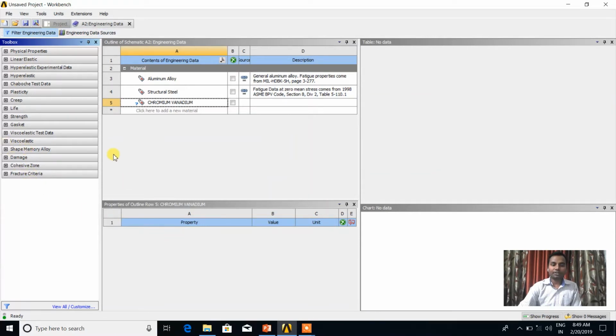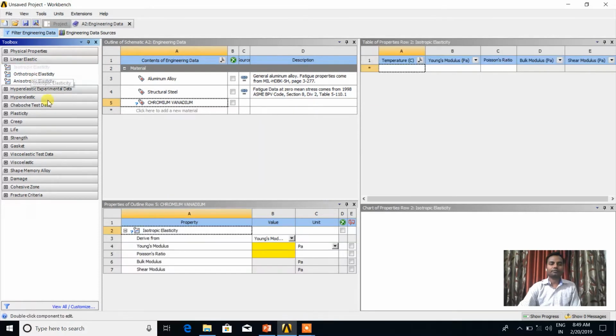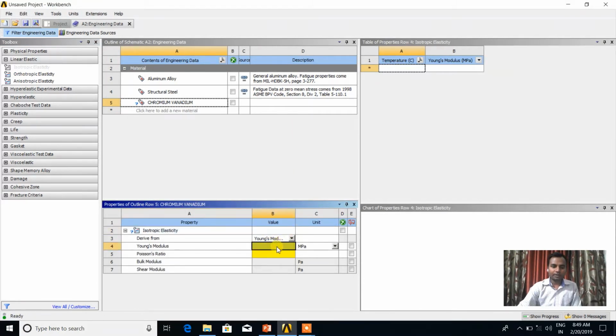So the basic important one, which is already discussed here, is nothing but the linear elastic properties, where basically the isotropic elasticity. Okay, so here check that derived from Young's modulus. So I want the Young's modulus of that chromium vanadium in megapascal, and I know that value, that is 210 into 10 raised to power 3, which is nothing but E3.